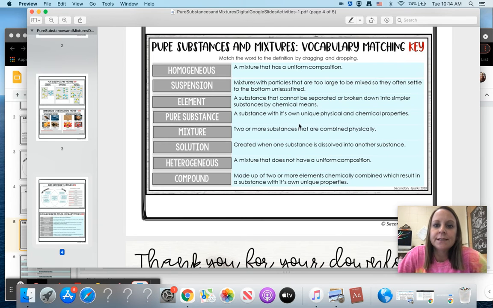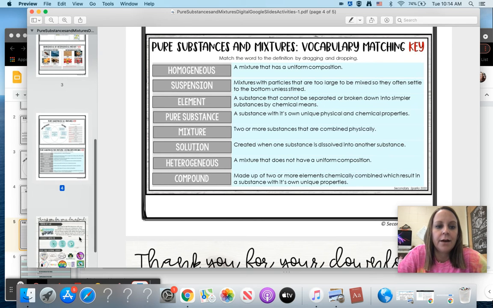A pure substance is a substance with its own unique physical and chemical properties. A mixture is 2 or more substances that are combined physically. A solution is created when one substance is dissolved into another substance. Heterogeneous is a mixture that does not have a uniform composition. And a compound is made up of 2 or more elements chemically combined, which result in a substance with its own unique